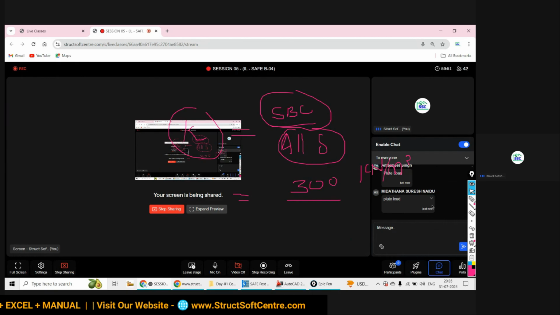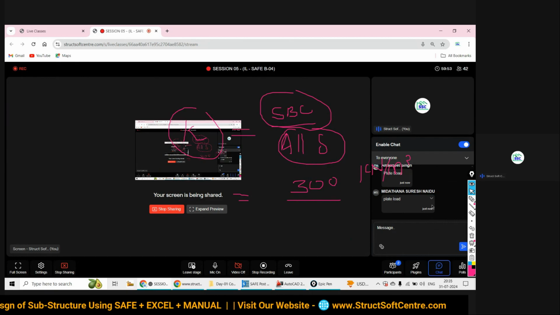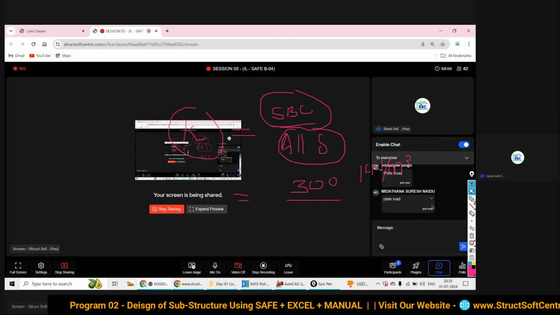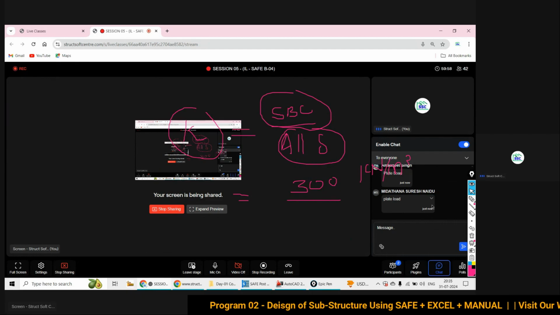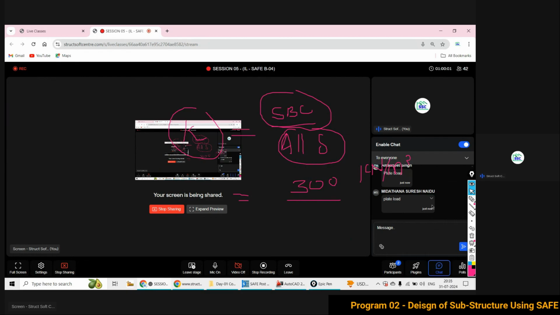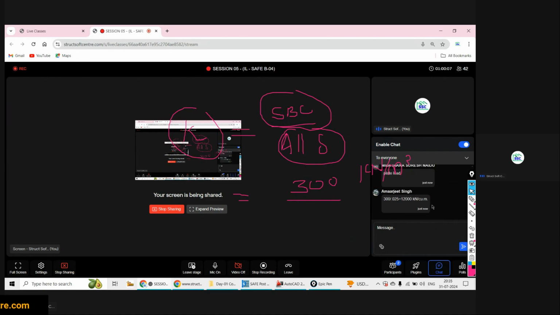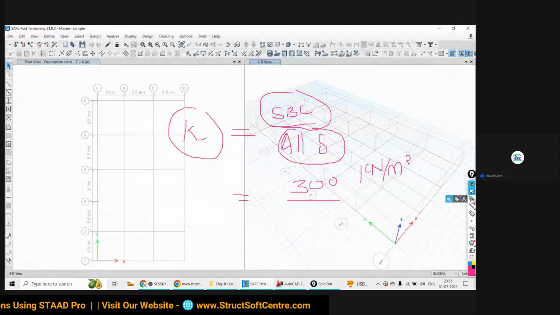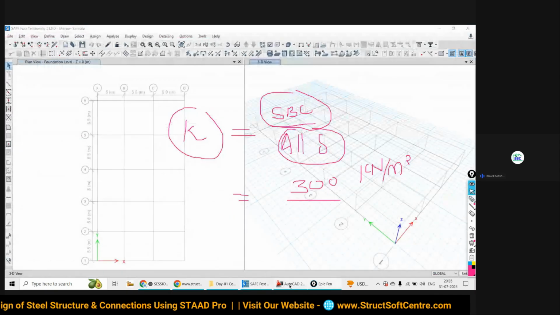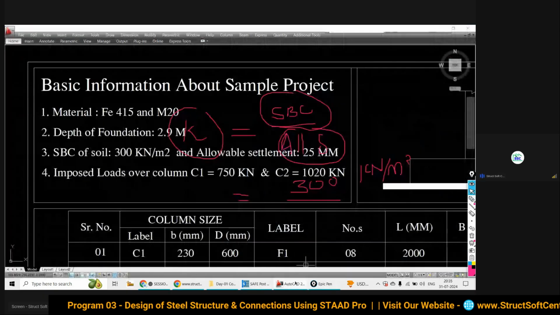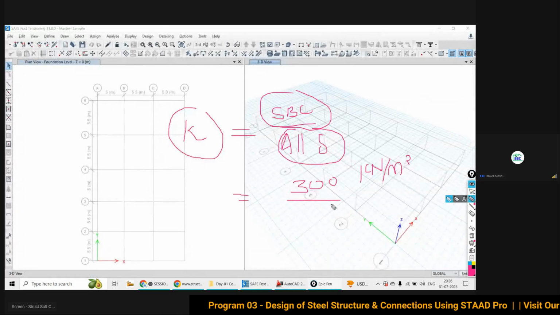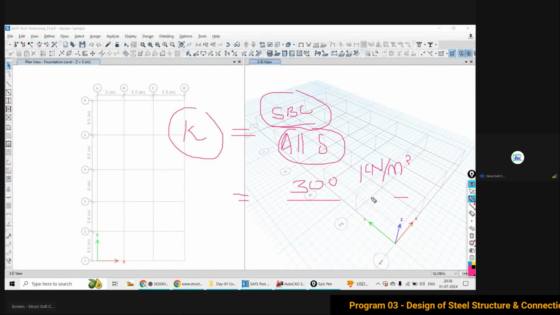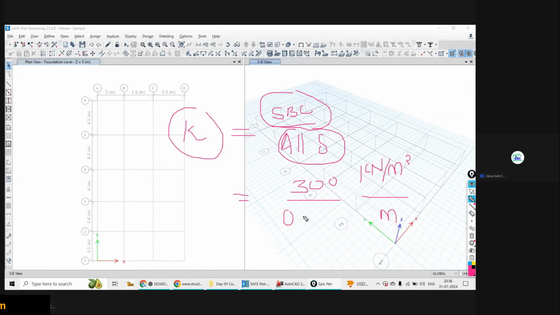There we load the soil up to a maximum settlement of 25 mm. That's why normally for a shallow foundation, the maximum settlement we consider is 25 mm. When we see the soil investigation report in our real example project, I will show you there. You will find the maximum allowable settlement in the soil investigation report. As of now in our problem statement it is given as 25 mm, so I am going to write 25 mm. We have to write it in meters, because the above unit is in meters, so below also we write it in meters.